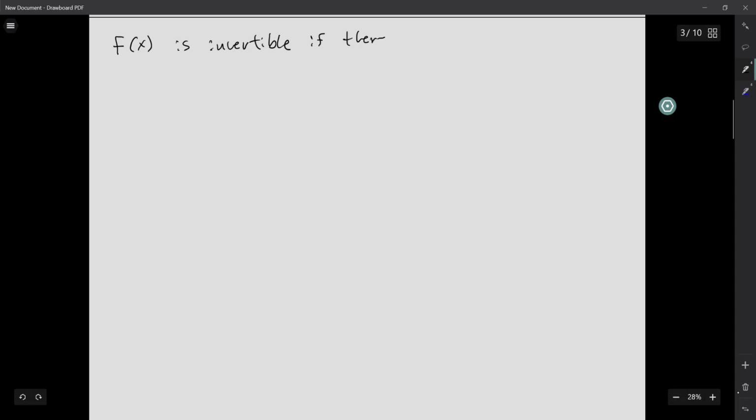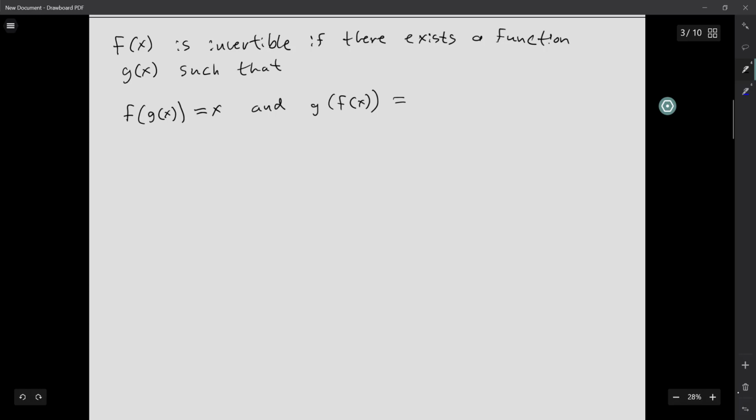if there exists a function, we're going to call it g of x for now, such that f of g of x equals x and g of f of x equals x. So what this is saying is that a function is invertible if I can compose it with something else that essentially cancels it. Strictly speaking, if I have a function f of x,